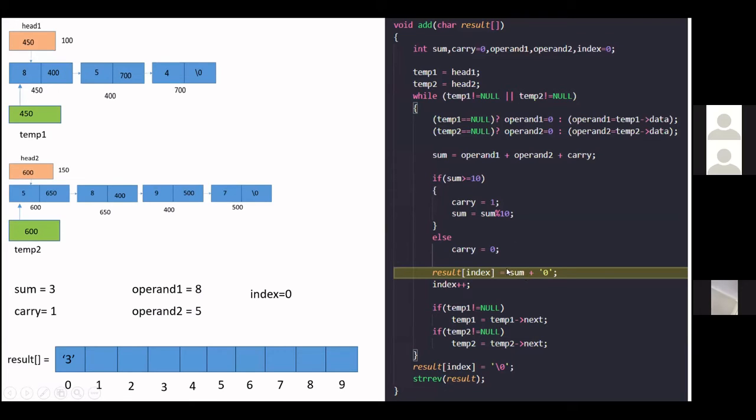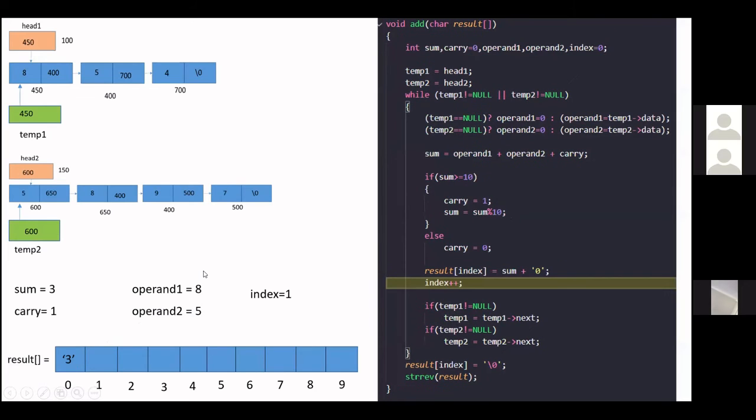So we need to convert that integer into a character. In the beginning we did minus 48, so we are doing the same thing over here. We are adding the ASCII value of 0, so we are doing plus 0. We can even write 48. Now 3 is stored at index 0 inside result. We are doing index plus plus, so index becomes 1 from 0 to 1.